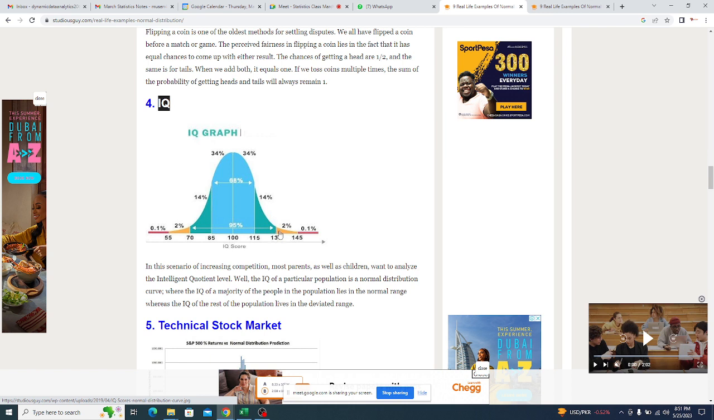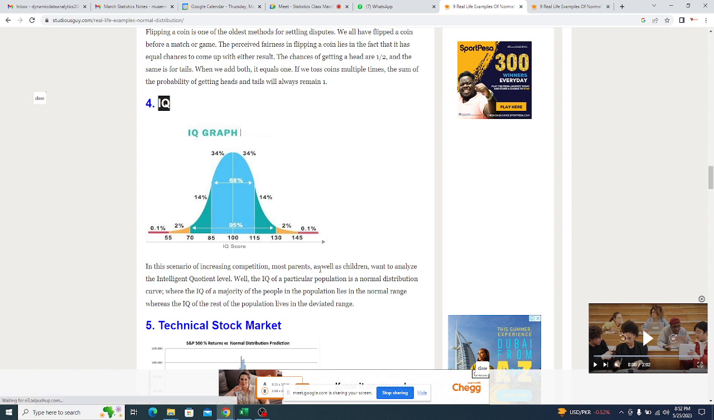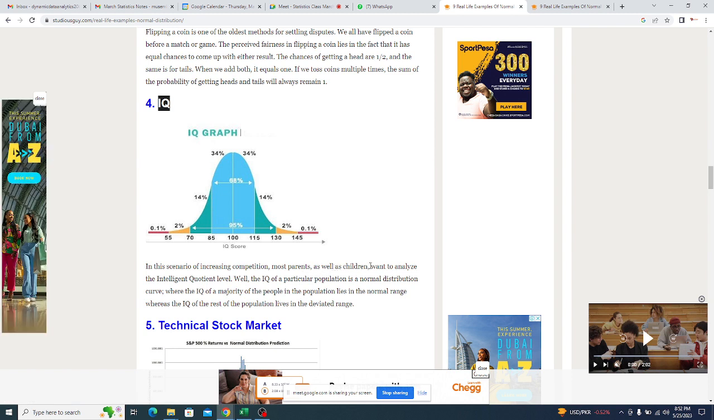So that's why you can see now he falls under maybe the 2% of people with an IQ which is greater than 130. Okay, so in this scenario of increasing competition, most parents, as well as children, want to analyze the intelligent